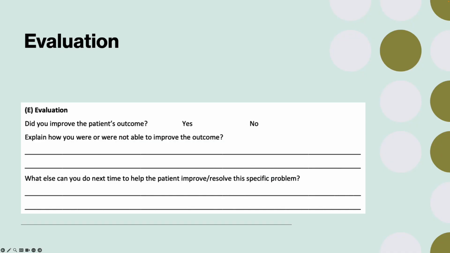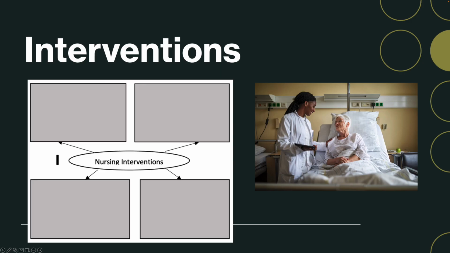So here's the intervention part. If you look on the main care plan, you'll see that there's a spot for up to 5 interventions, and the reasons for the interventions. So we want to know why you're choosing these interventions. And we really do read these. It's important for us to know where your mind's going, and the importance of maintaining these interventions aligning with everything else going on in the care plan.